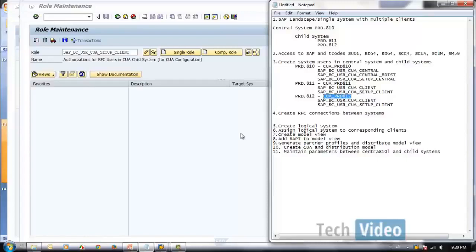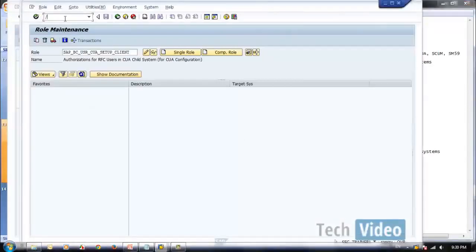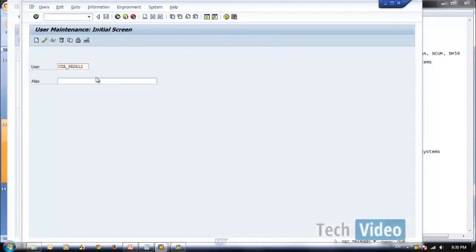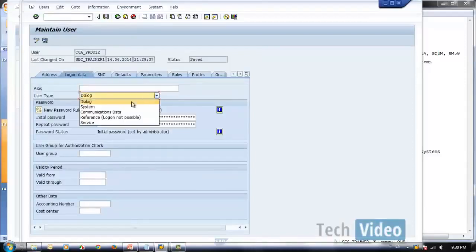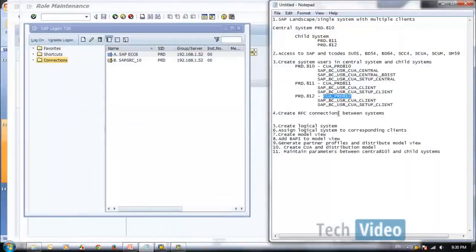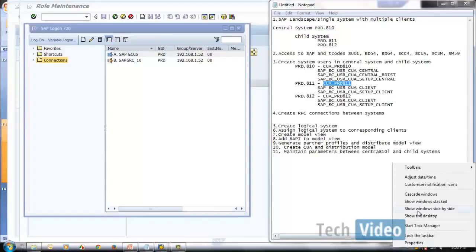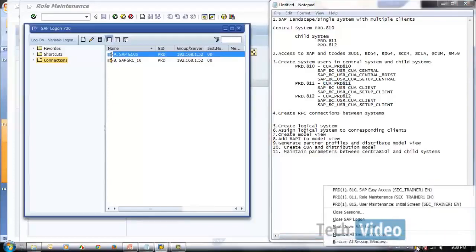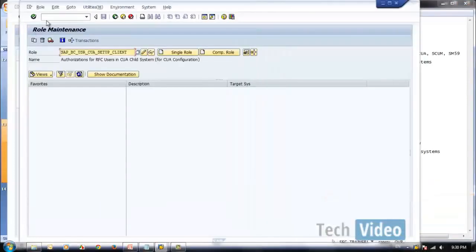We did some mistake there. We did not change this as a system user. So let's go back and change all these users as system users. Change logon data should be system user. Go to 811, /NSU01.